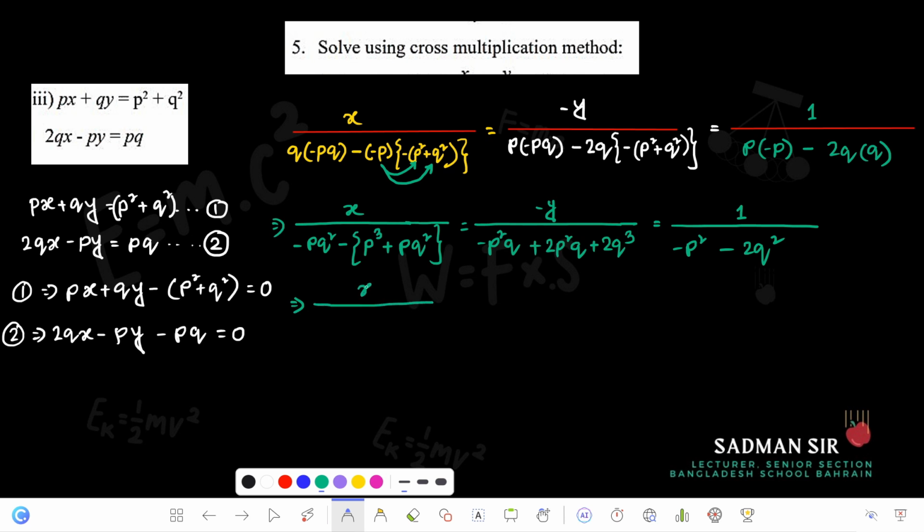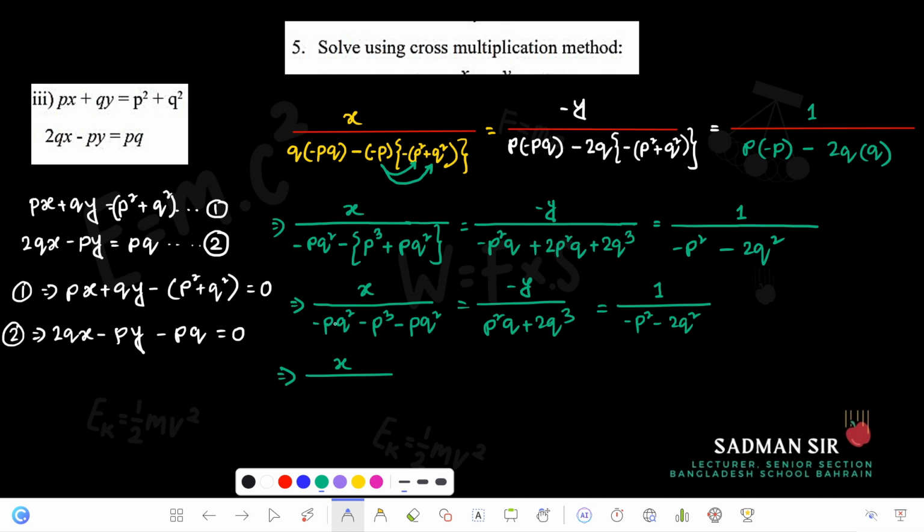so here x divided by minus pq square minus plus minus minus p cube plus minus, then again minus pq square, equal to minus y divided by 2p square q minus p square q. So only one p square q will be remaining, plus 2q cube, equal to 1 divided by minus p square minus 2q square. Okay, and x divided by minus pq square minus pq square. So we will get minus 2pq square,